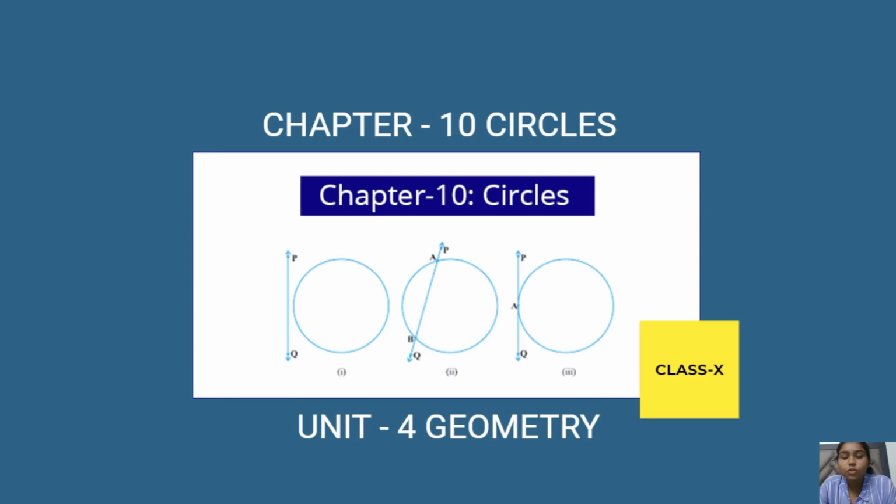So today we are going to discuss our second chapter for geometry unit 4, that is chapter number 10, circles. We have also studied a little bit of circles in our class 9th lessons, but here also we are going to study a little bit of circles. There are only two theorems in this particular chapter, and you are going to learn about new terms called tangent and secant also, right?